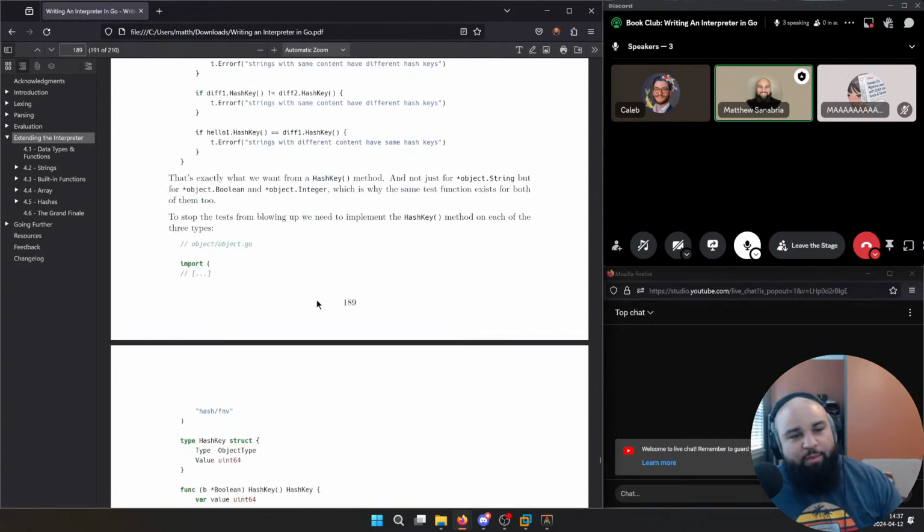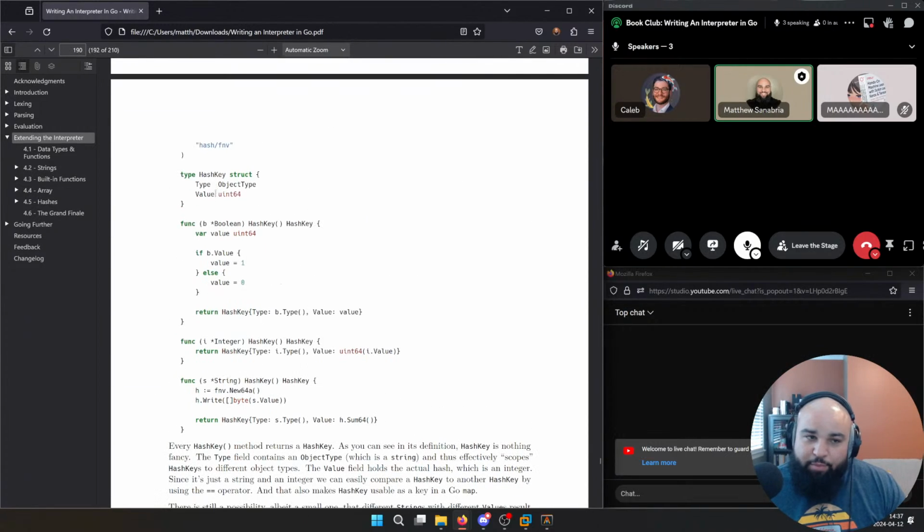And the solution that the author came up with was to create a new type called the hash key. And this hash key allows you to generate a hash for each possible key type on a map. A map can contain keys of booleans, of integers, or of strings. But if we have this method of hashing those types to the same hash every time, now we have the ability to key into our map and find the value for it.